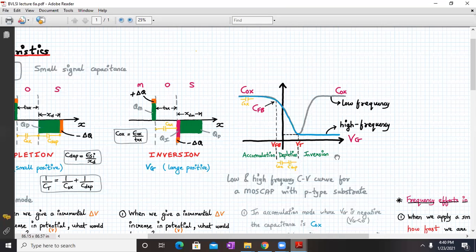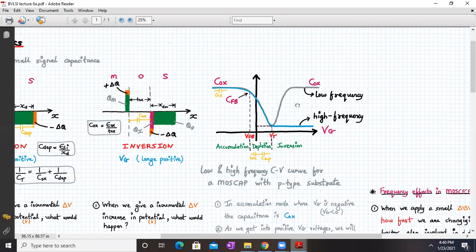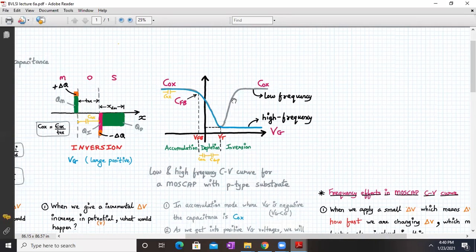Okay, hello everyone. Today we are going to simulate the low and high frequency CV characteristics for a MOSFET with a P-type silicon substrate. During the last lecture, we have already completed the CV characteristics, and we have seen that for low frequency, we have this type of CV characteristics, and for high frequency, at inversion, it remains at